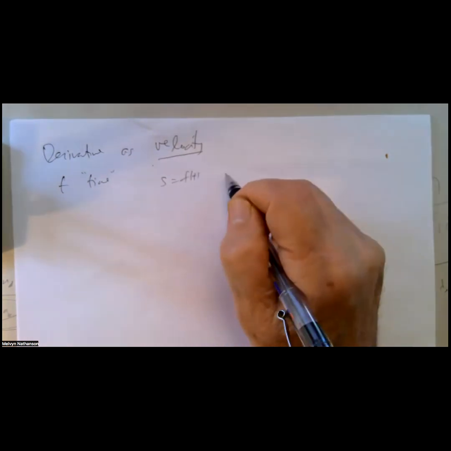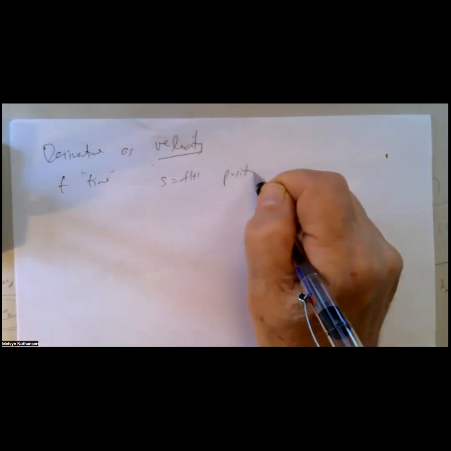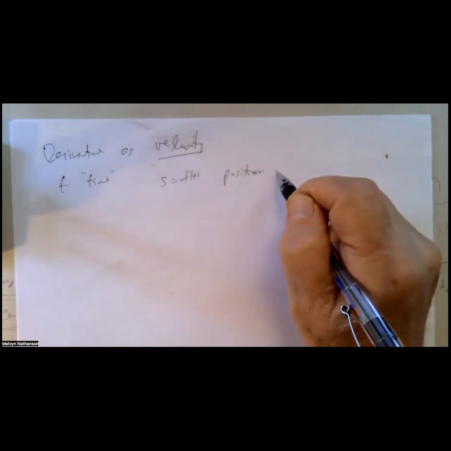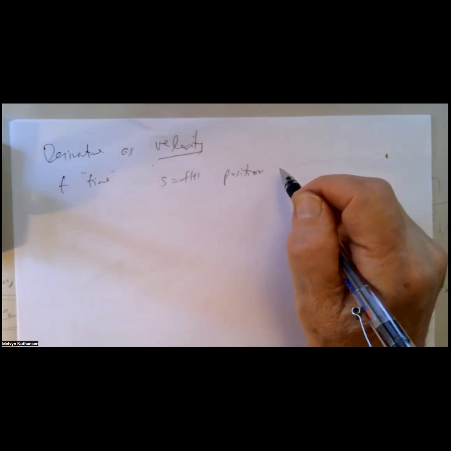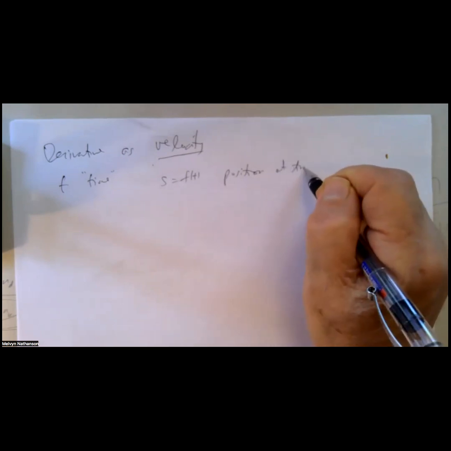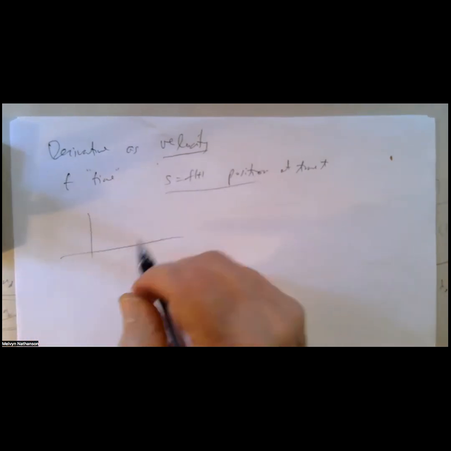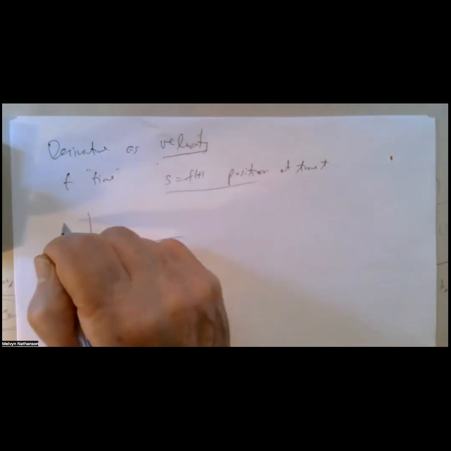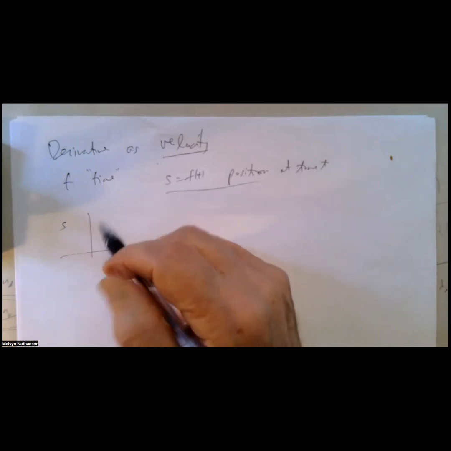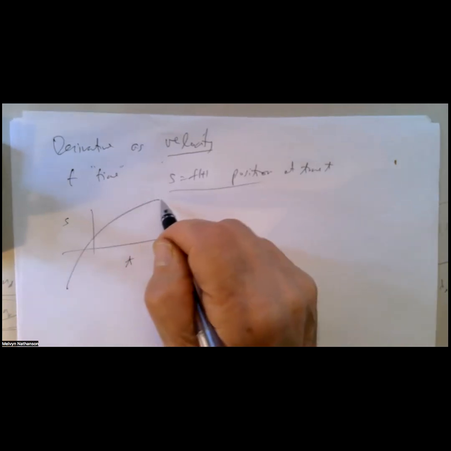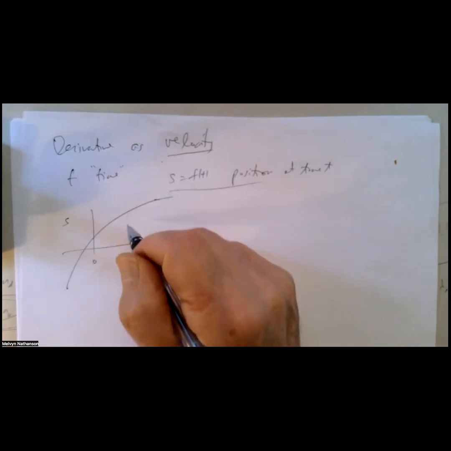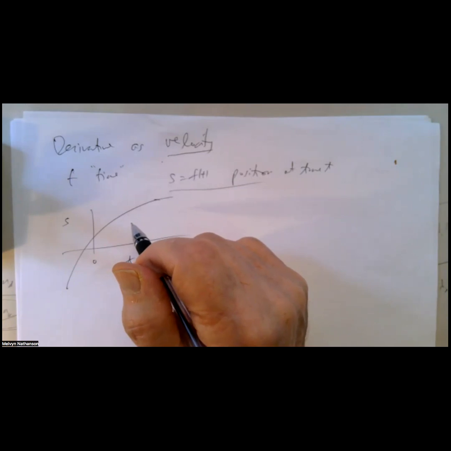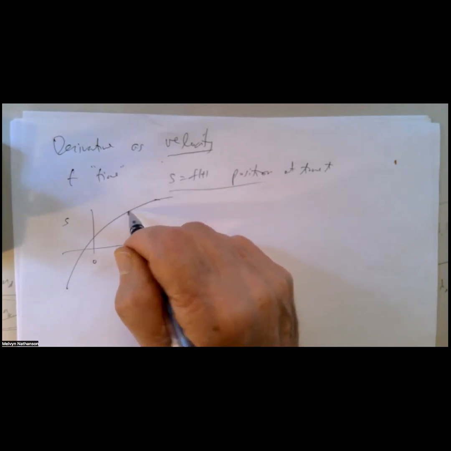You have a function f of t that is the position of a particle moving in a fixed direction at time t. So if you were to graph this, this is time t, this is the position. This tells you at any given time where the particle is located. And this leads immediately to